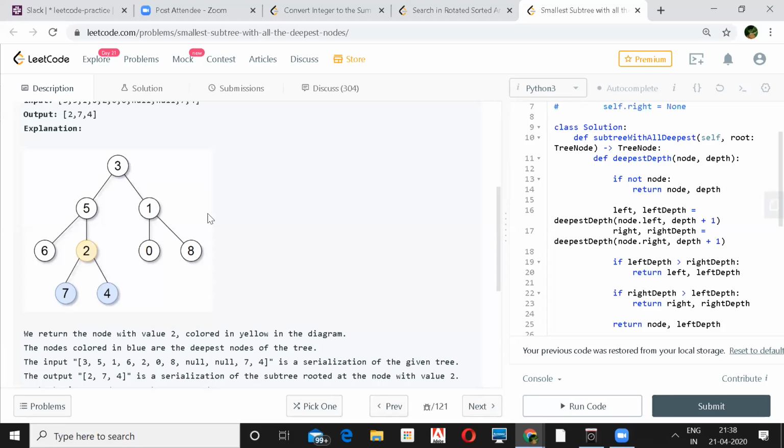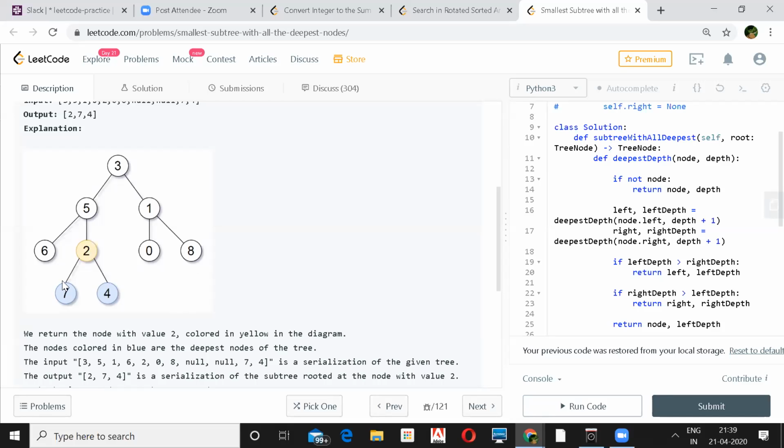Let's say if 2 had been connected to 1, and with 7, 4 and a leaf 9 under 8, then 1 you would have returned in that case. Makes sense, right? Let's say 0 is removed from here, and this 2 is connected to 1, and you have a leaf for 8.